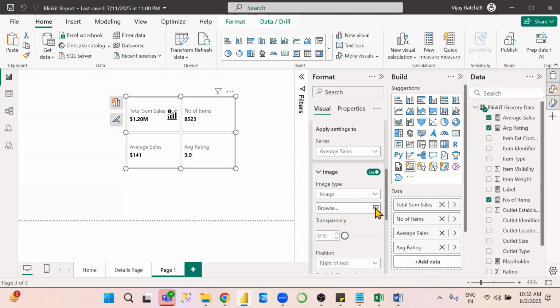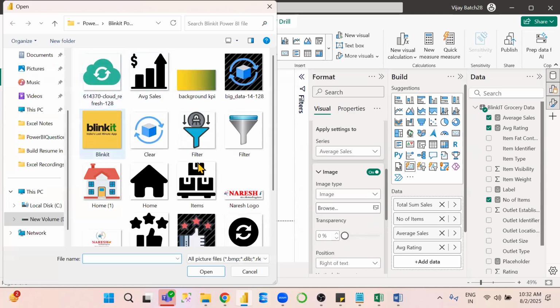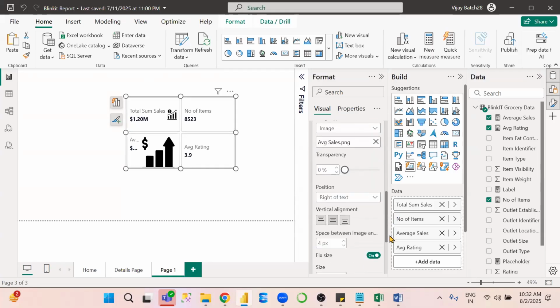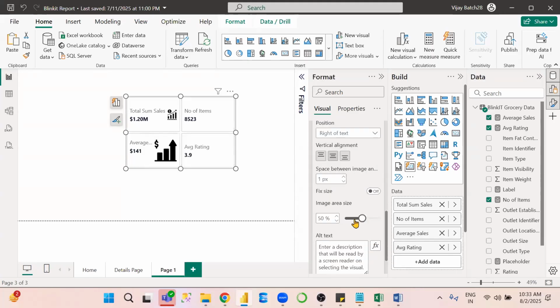Then click on browser. Those images must and should be there here. You have to download from icon finder itself. Okay, and load this one. And again, you have to come to, okay, right of the text only. And the space is 1 and fixed size off. And see here, the area size you have to give like a